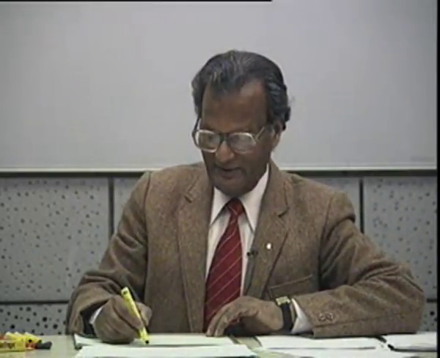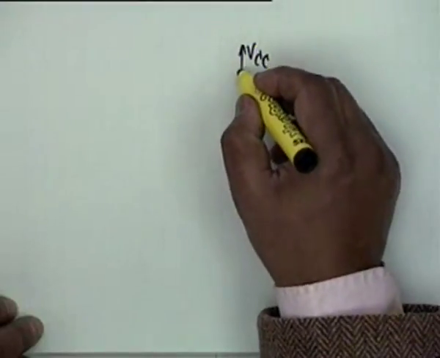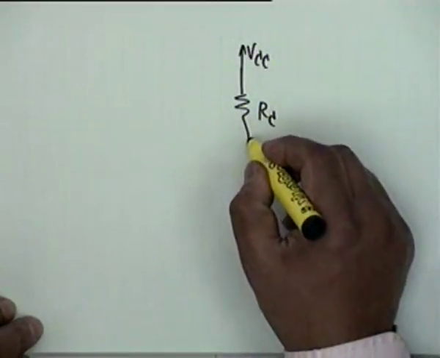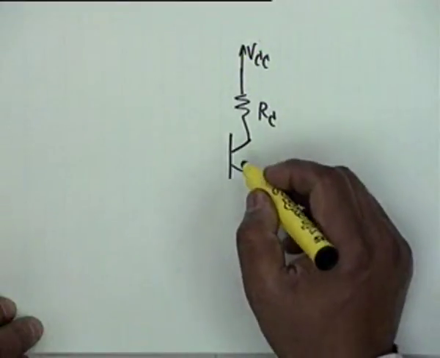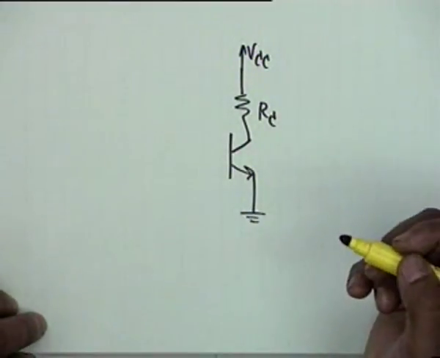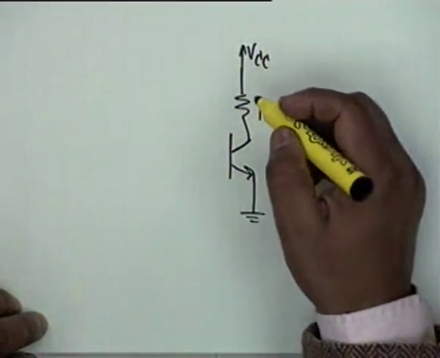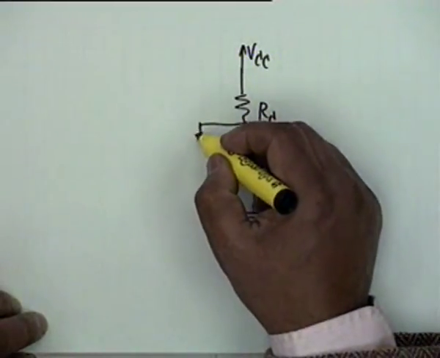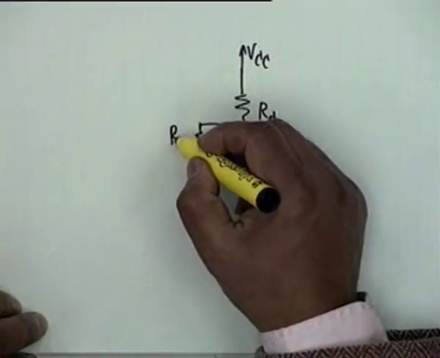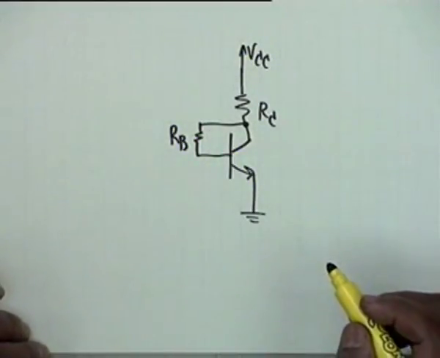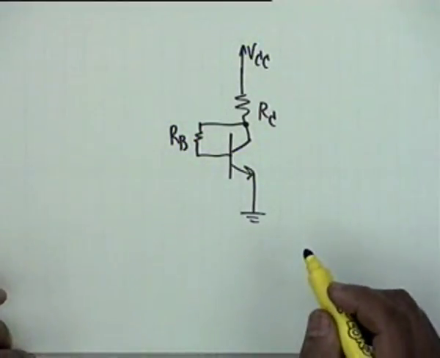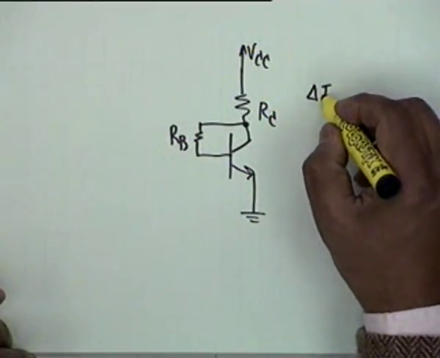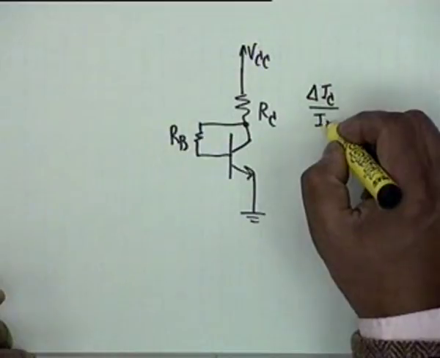That is, we have a transistor which is biased like this, R sub C, a BJT in which the emitter is grounded, and I told you that we use a feedback from the collector to the base. Let's call this resistance RB. The question is, for this circuit, derive an expression for delta IC divided by IC1